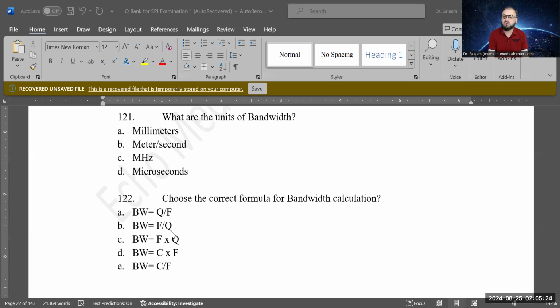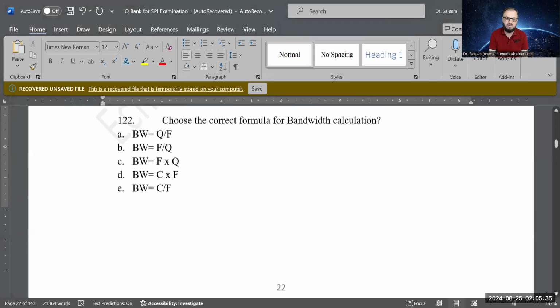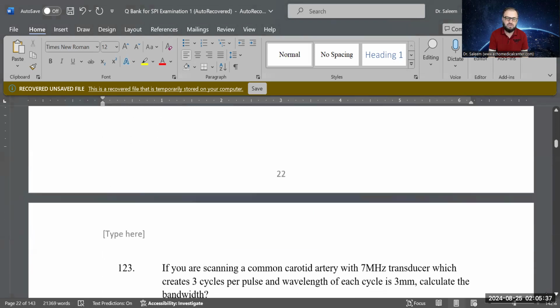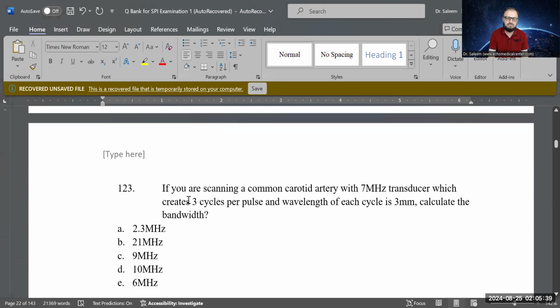Now we did both questions in one time. This question we did earlier just to make sure which unit is the correct answer. Good job. Now let's keep going for the next question. Okay, so the next question is, if you are scanning a common carotid artery with a 7 megahertz transducer, which creates